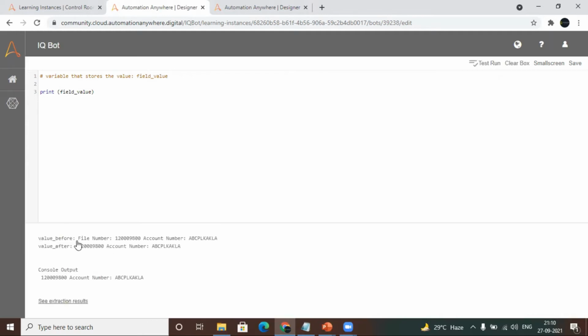We can see this is the value before and this is the value after. However, we have not applied any custom logic here. I've just shown you the data.